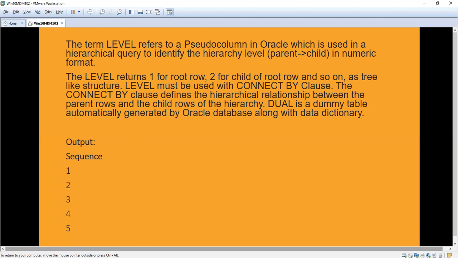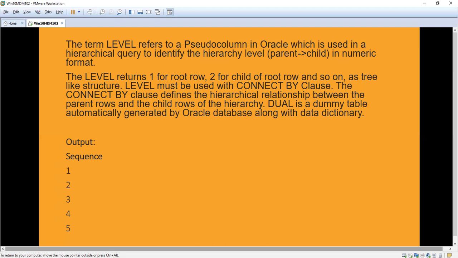It's like a tree-like structure that everybody knows about hierarchies. Without a parent, no child will be there. Level must be used with the connect by clause; without connect by, you cannot use level.